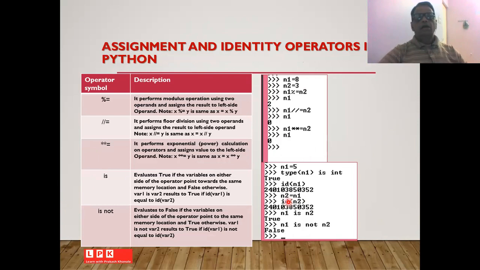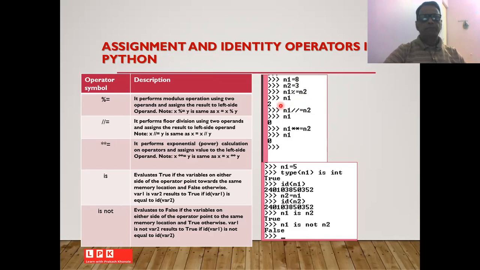There are certain other assignment operators such as modulo equal to, where the modulus operation is performed using the two operands and the result is assigned to the left hand side operand. So x modulo equal to y is the same as x equal to x modulo y. So if n1 is 8 and n2 is 3, then n1 modulo equal to n2 will get the result 2